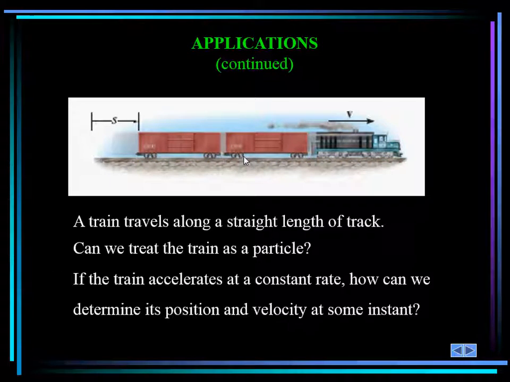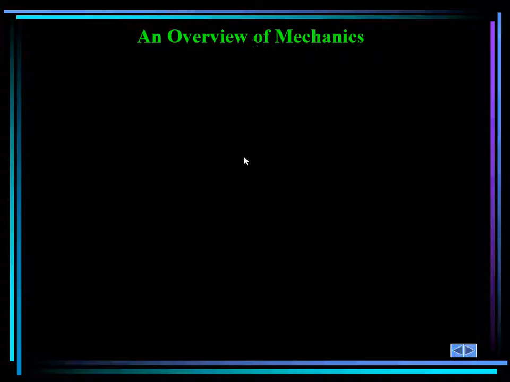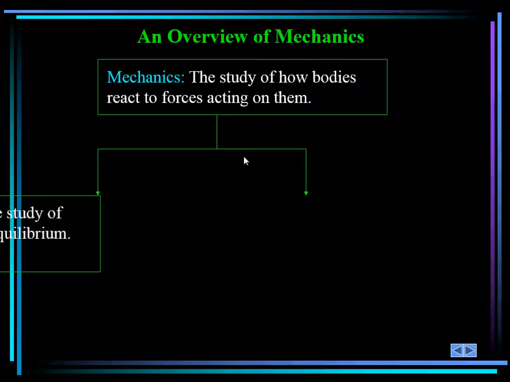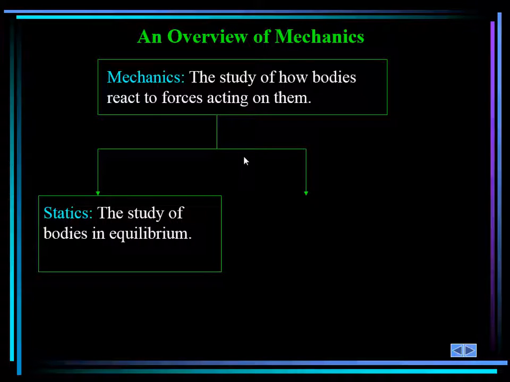And in this case, the question is, if we know that the train accelerates at a constant rate, what would be the position and velocity at that instance? All right, we know that mechanics is the study of bodies, how a body reacts with forces,